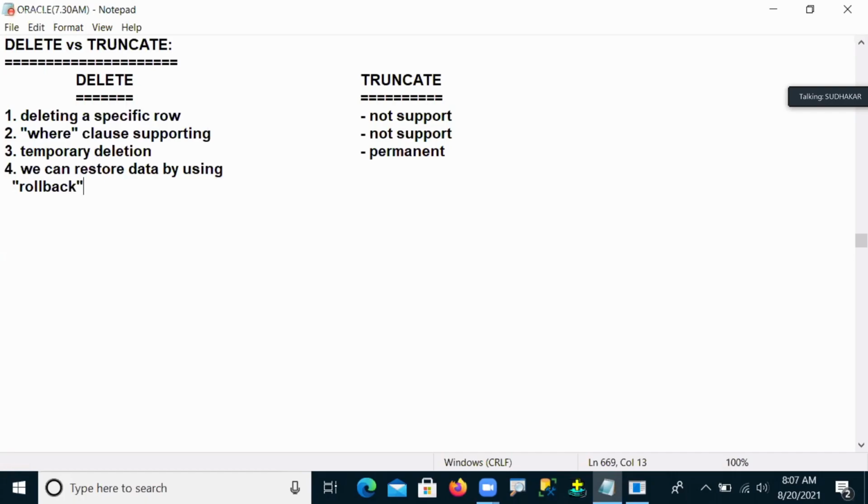Then I can use rollback. So my table is not there in the database. Then I want to restore means what? A flashback. So flashback we are using for restoring a table. Rollback is using for restoring data. So now we can restore data by using rollback, but this is not possible